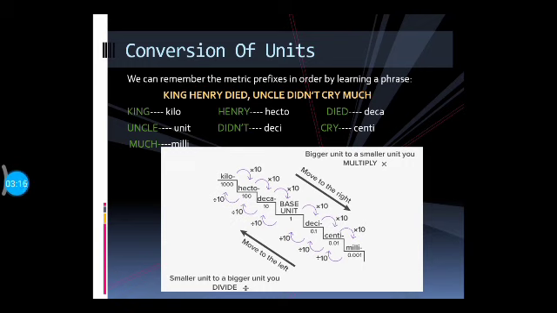If I have to convert from kilometer to my base unit, that is meter, I have to go in downward direction. That means I have to convert from bigger to smaller unit. Then I have to do the multiplication. And from kilo to base unit, how many times I have to move downwards? 3 times. Okay. So that means either I have to multiply 3 times with 10